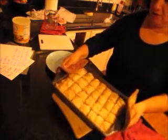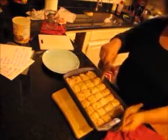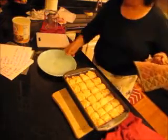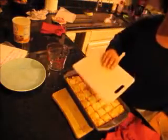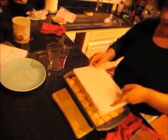Oh my gosh, look, it is so great. The house smells wonderful. So now I have to tip it over and empty the butter out. So I'm gonna give it a try. If it doesn't work, I'm gonna cancel it. But what I'm gonna do is put this cutting block gently over here, and I'm just gonna